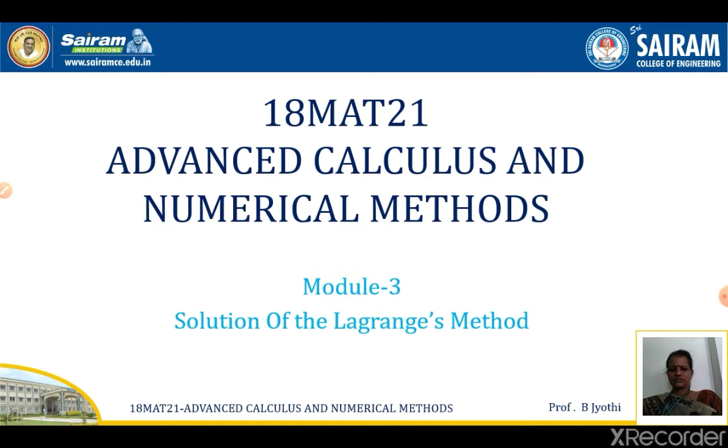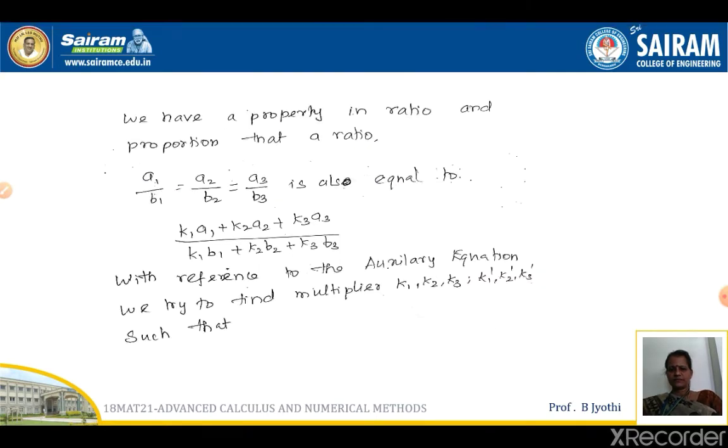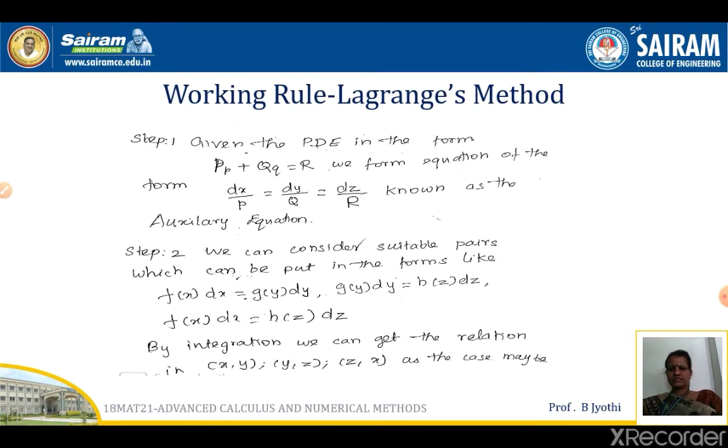Today we are going to discuss the solution by Lagrange's method. So the working rule for the Lagrange method is: the first step is that we will be given a PDE in the form Pp plus Qq is equal to R, and we form the equation of the form dx by P is equal to dy by Q